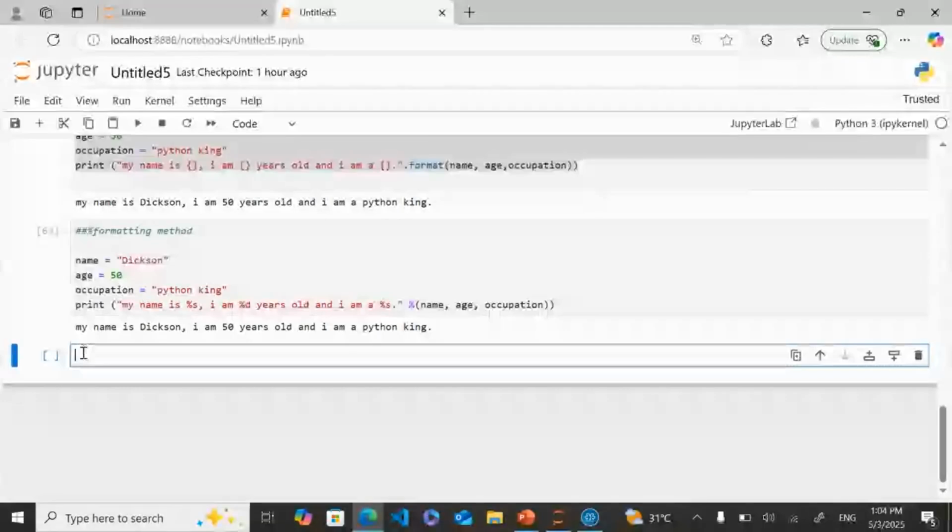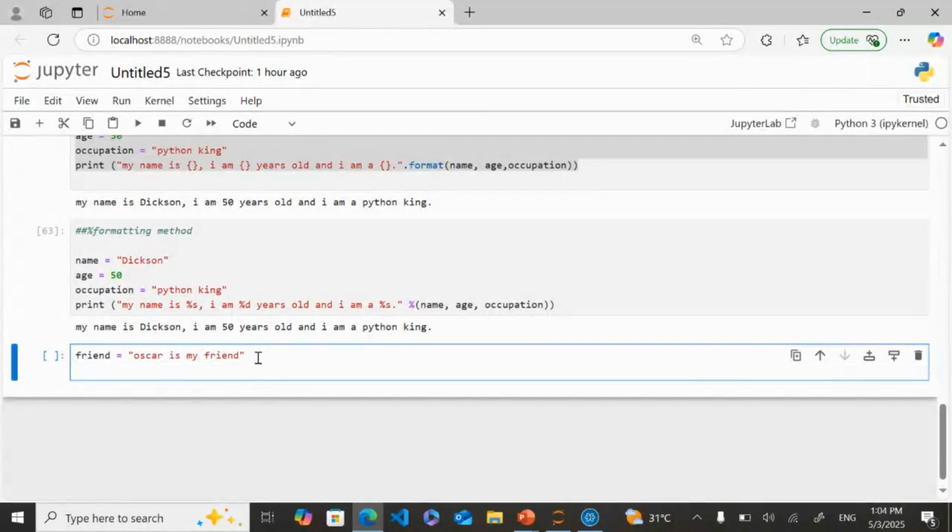So for example, let's say friend is equals to Oscar is my friend. So you put this, and then for example, I want to change the old text to Upper. I'll just show you how you can manipulate your string. So what I'll do is I'll just say